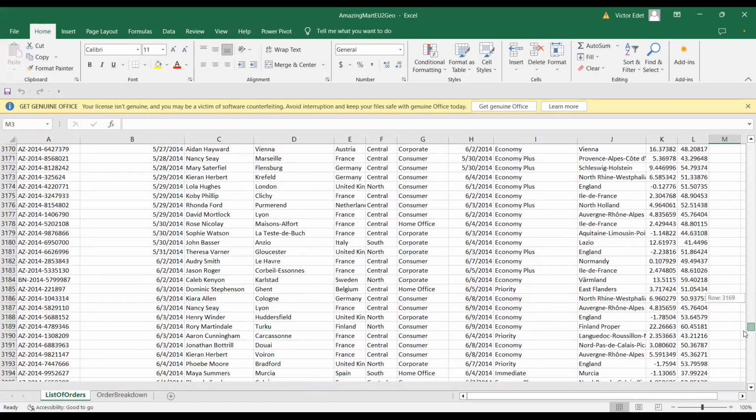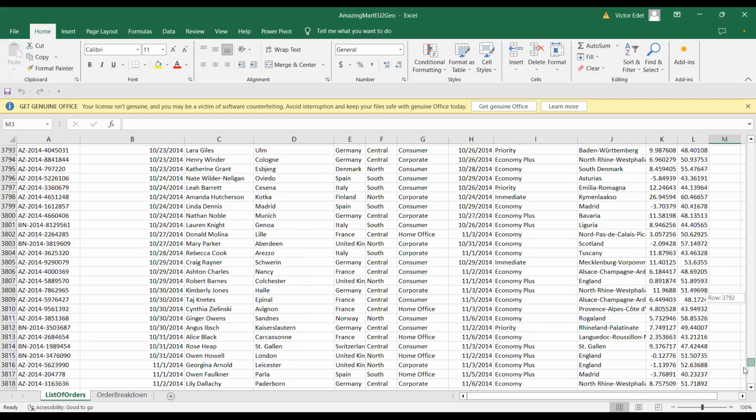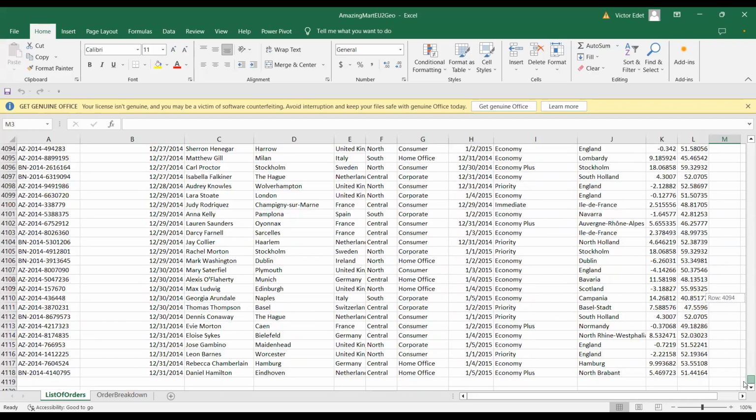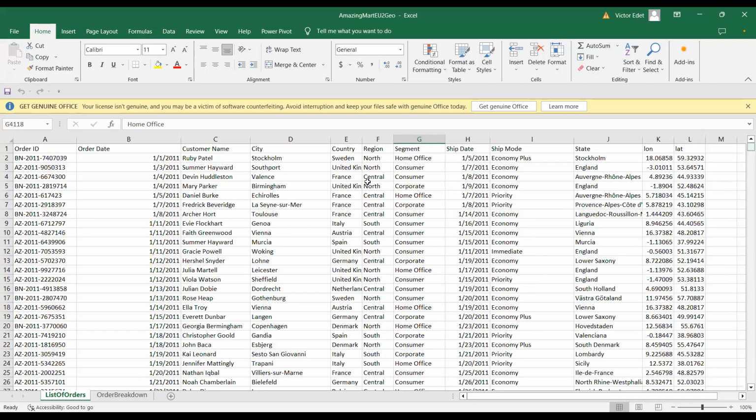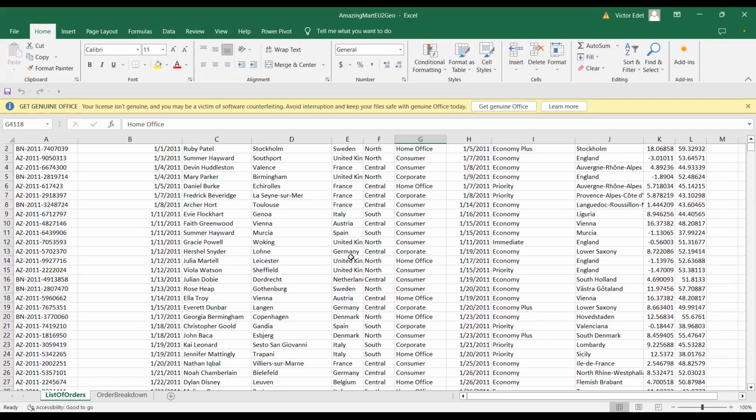All right, and then we have about 4,118 lists of people that have made use of the shipping mode. 4,118 customers that had transactions of business.